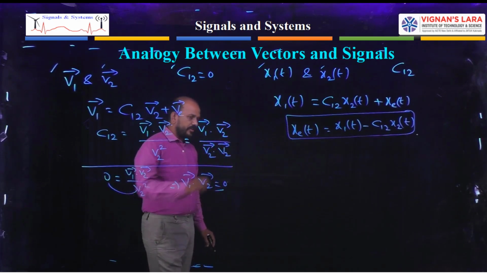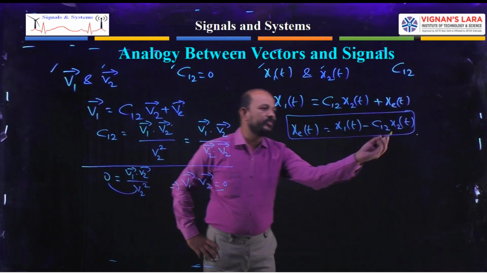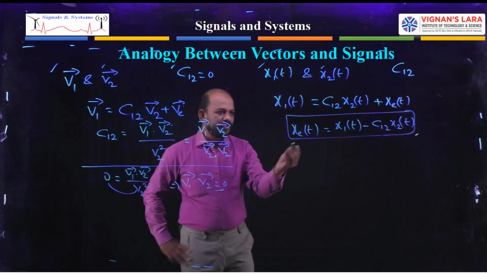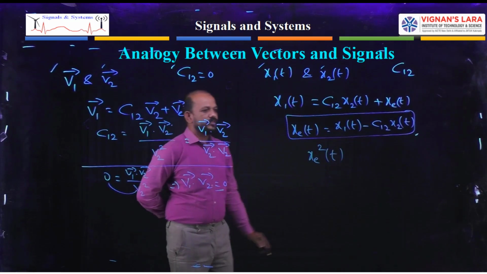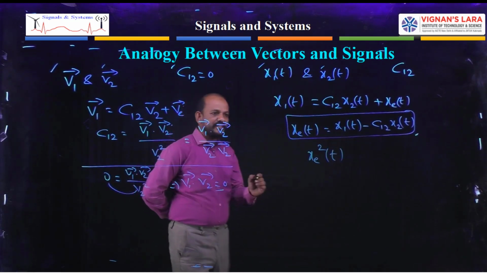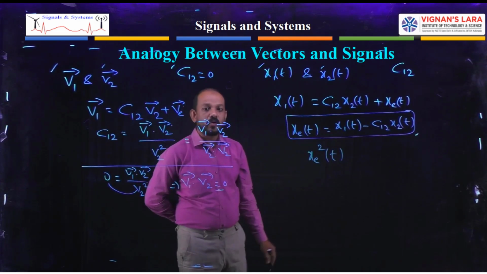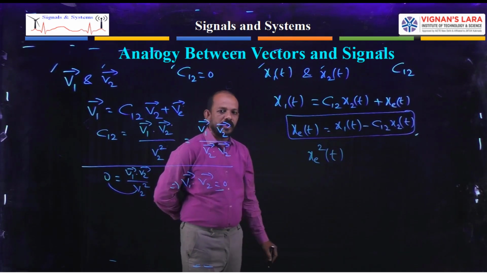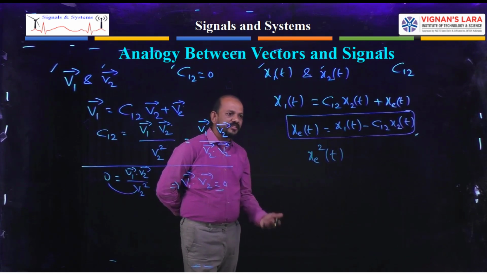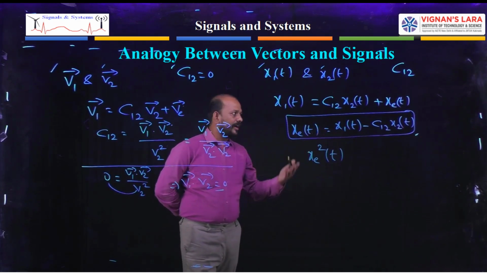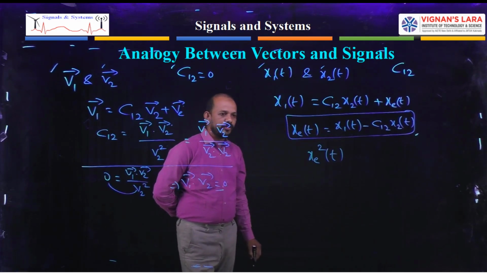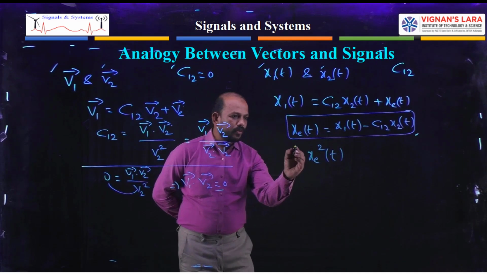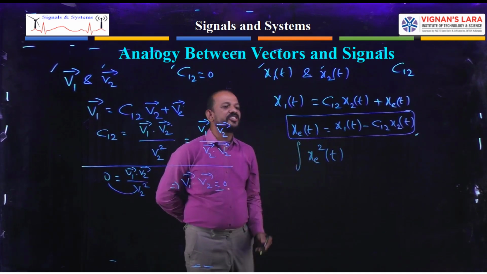Now, the average of the squared error. How can you get it? Simply, squared error means xc square of t. Now I need the mean. How can you get the mean for this? Average means I have to add all the terms in the numerator, and in the denominator I have to write the count of the numbers present in the numerator. For signals, we have to go for integration. Integration is nothing but summation.